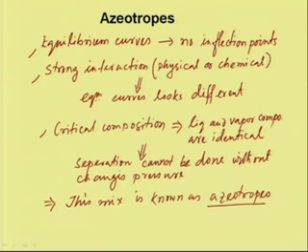So, this critical mixture where the liquid and vapor compositions are the same is known as the azeotropes, and